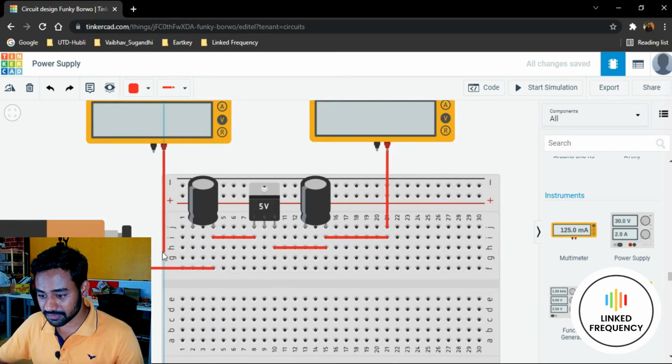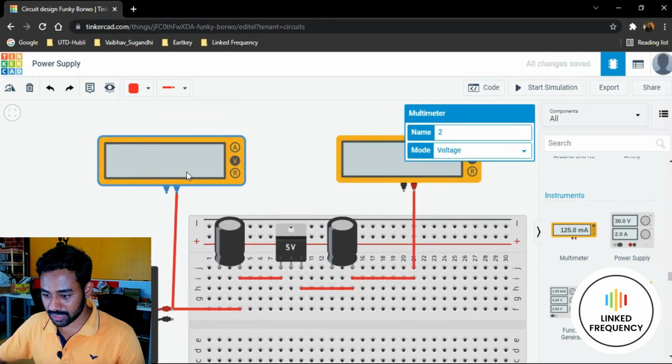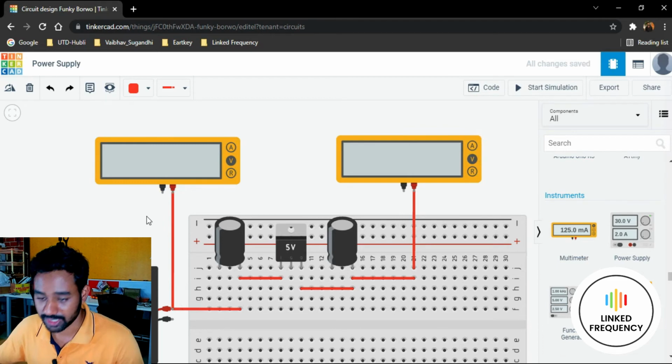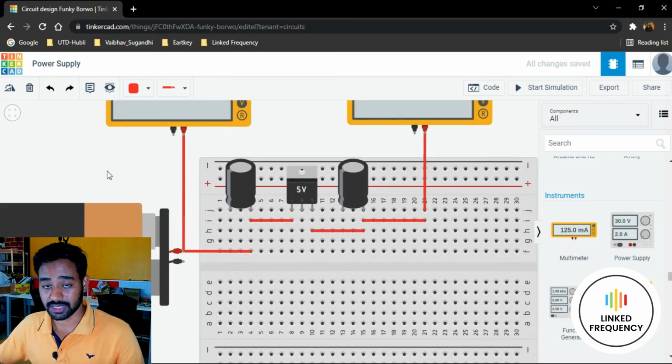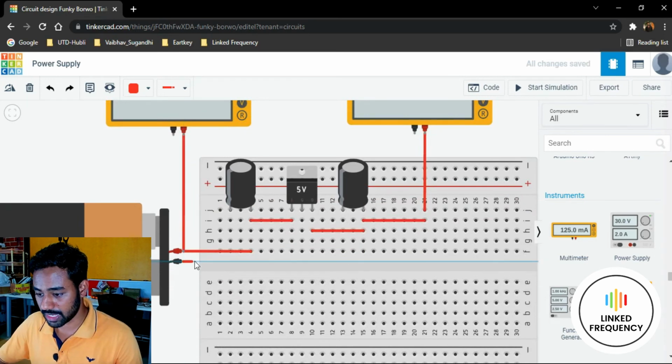Okay, so thereafter we have this point of connection. I think it can be connected here. So let me try. Can I do it directly? Yeah, we can do it directly, and I would like to adjust this multimeter straight so that it looks perpendicular. I mean, this connection should look very professional. Thereafter, we have a ground connection, which is a negative connection as per this circuit. So I'll just try to make a negative connection.